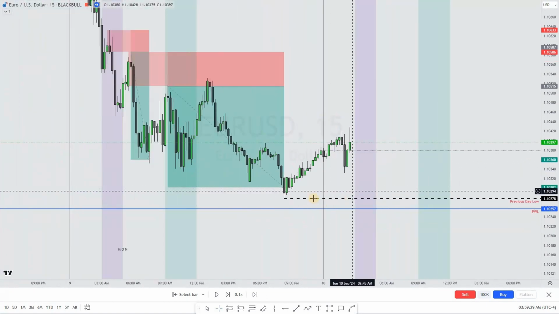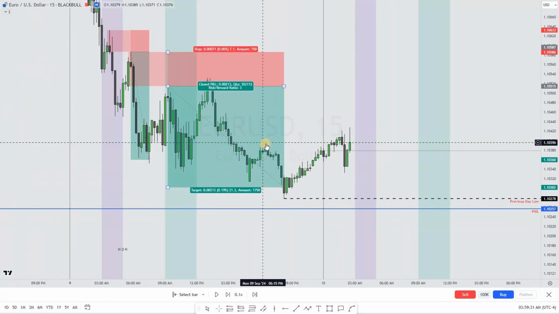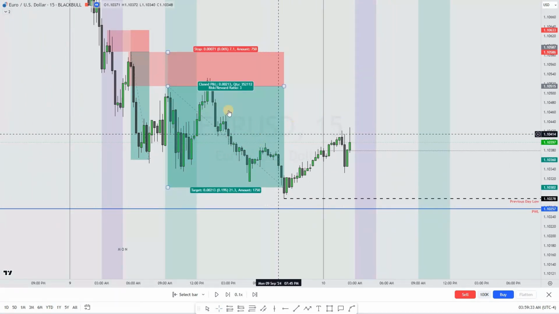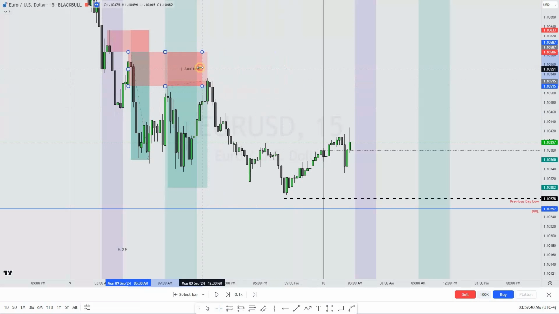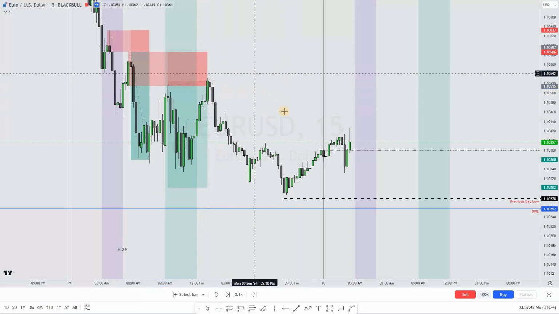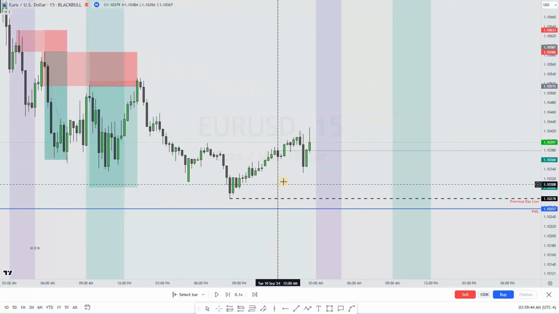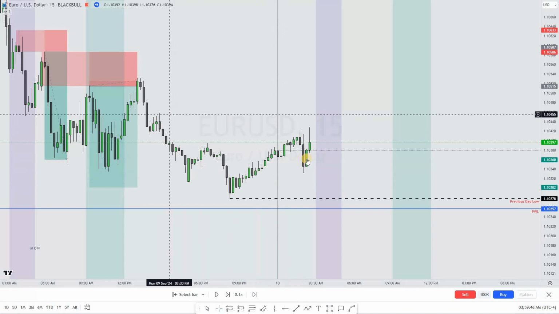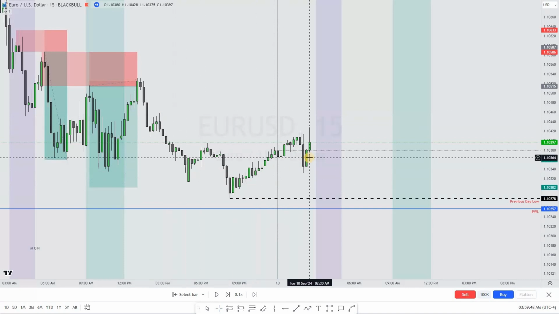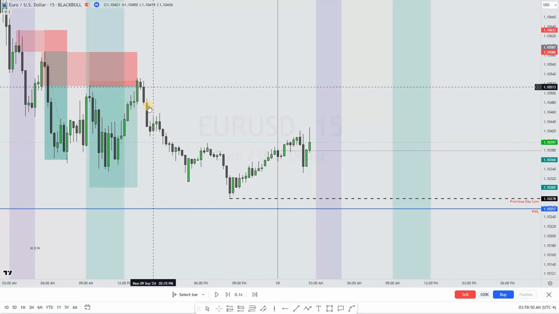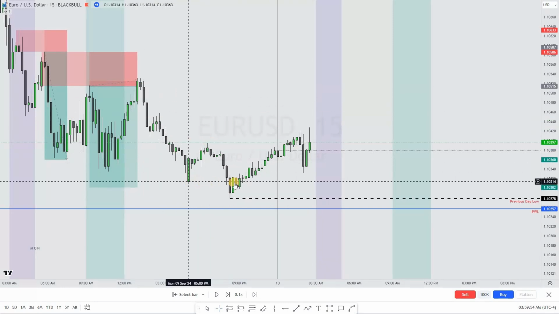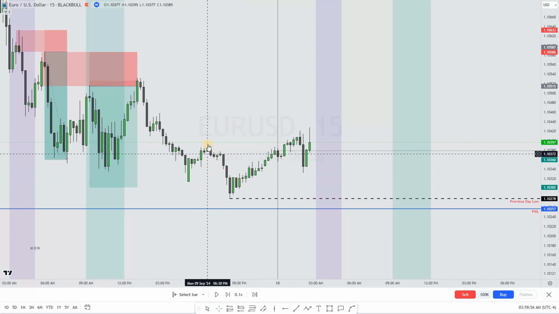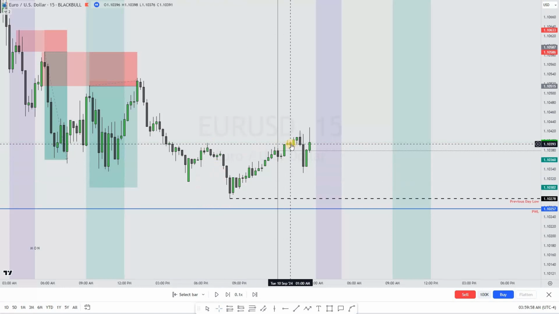Now coming here on Tuesday, first of all, we had this. I think this will be a problem. Coming here on Tuesday, a couple of things were to be observed. Number one, we had this move, right? We had this low that was taken out, and then these highs taken out.